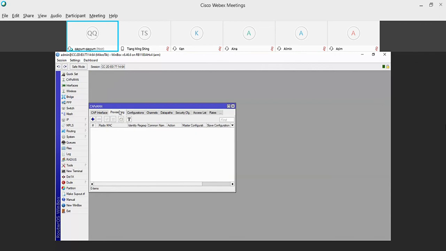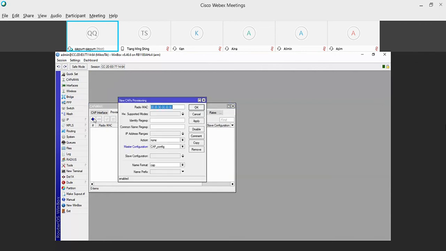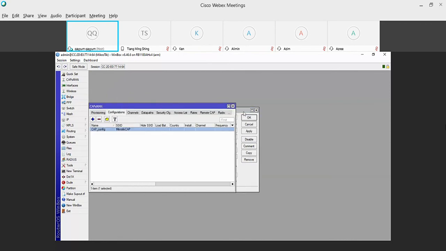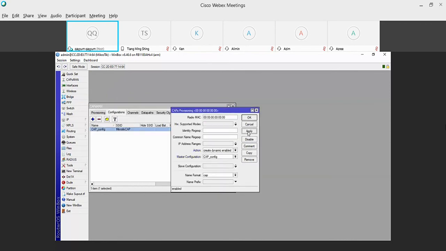You go to provisioning and add a new provisioning rule. For the action, you select create dynamic enabled, so when your AP comes in it will automatically be created. Then for master configuration, you choose your master config from this configuration, and then you apply.